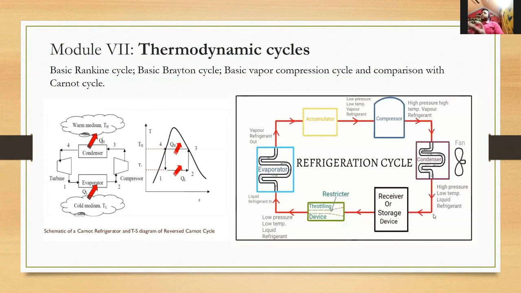And this is another outlook of a refrigeration cycle, where you can find that it is composed of a lot of different elements, like an accumulator, a compressor, a condenser, a receiver, a throttling device, and so many things out there. So with these details, we'll be ending the syllabus of engineering thermodynamics with a little bit of application at the last. And with this, ultimately we'll have a basic outlook of what will be talked about in this whole lecture, in the whole course.